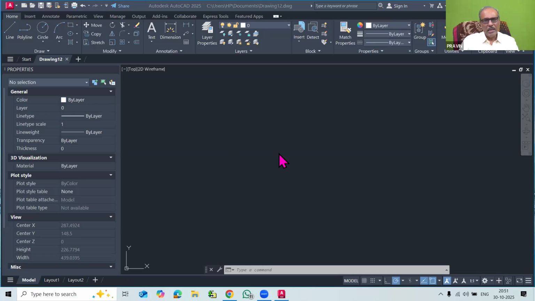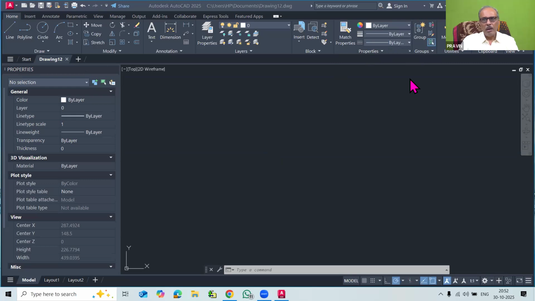So in most of the edit commands, we always have to change properties. We will see today how the properties of the various objects are useful. Two important commands are there in the properties dialog box that we will learn today. Whatever objects we have drawn using the draw commands, for those we will try to understand the properties dialog box. I have already shown you that by clicking on this properties model tab, there is a small arrow, and when you click on this arrow, the properties dialog box appears.